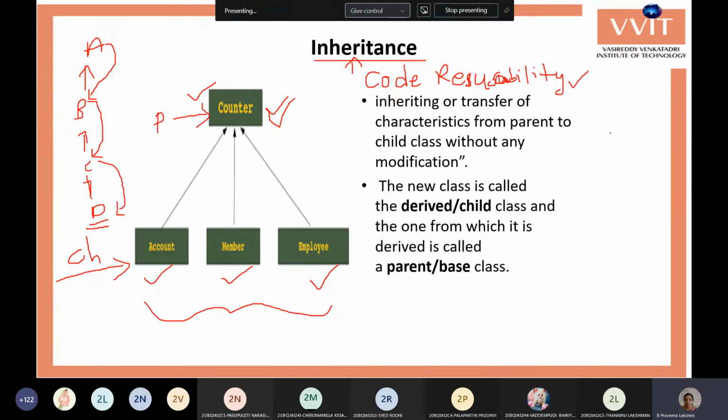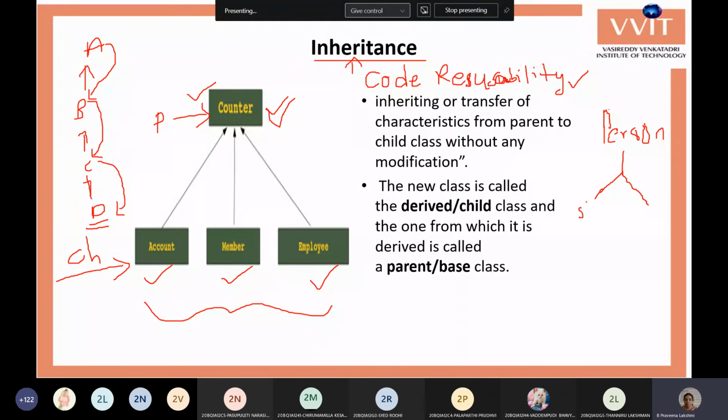Another example: say we have a class person. The person has general data like name, address, date of birth, and so on. The person may be an employee or a student.